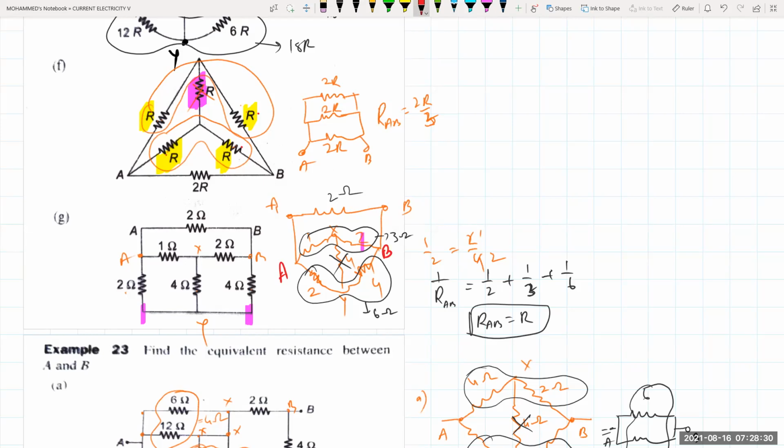Isn't it? So make sure 1 by 2 is equal to 2 by 4. So is it becoming a Wheatstone bridge or not? Half is equal to half, so it is a balanced Wheatstone bridge. If it is a balanced Wheatstone bridge, then 1 and 2 will be how much, beta? 3 ohm. Above, 1 plus 2 is 3, and below, 4 plus 2 will be 6. So this is terminal B and this is terminal A. Between A and B, all of them are parallel.